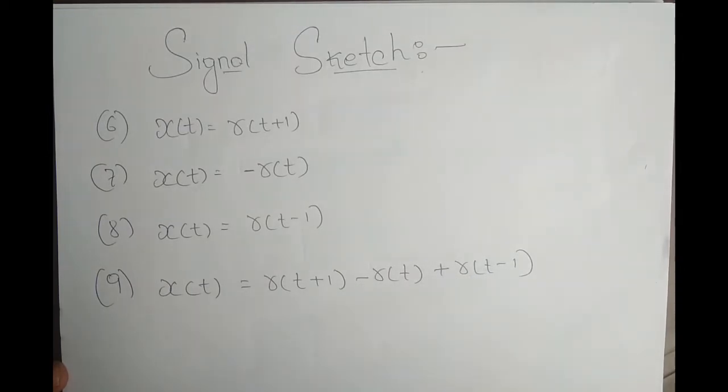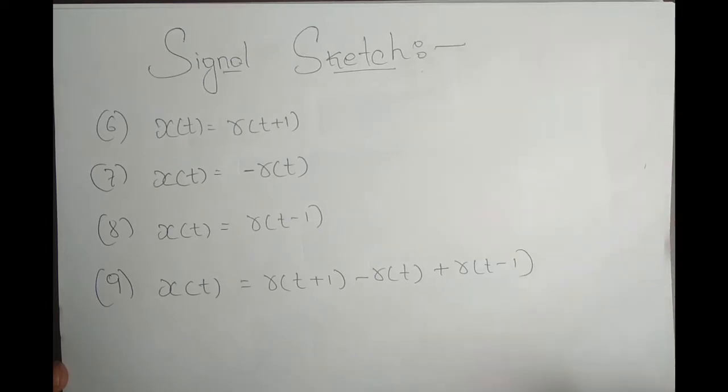Fine. Now the way I usually follow is I usually won't subtract the signal, I add the signal. Better to add the signal instead of subtracting. So you can subtract actually r of t from r of t plus 1, but subtracting is a bit tougher. So what I'll do, I'll sketch minus of r of t and I add r of t plus 1 with minus of r of t. So both are same, you get the same result.